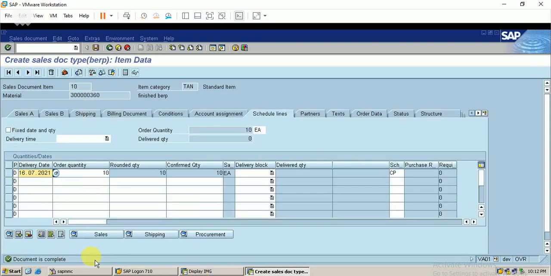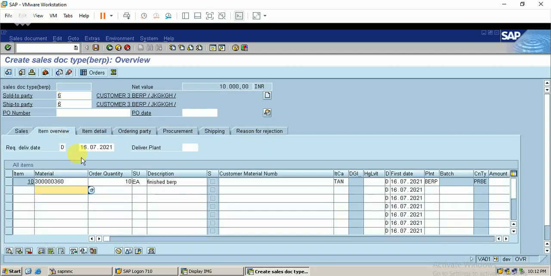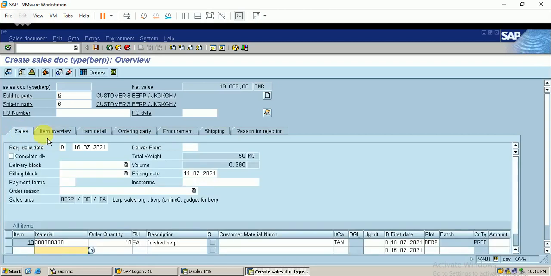The document is complete. So what I've additionally included is the route. In our sales order itself, I have linked this route. Okay, we will save this and we will proceed with the outbound delivery.